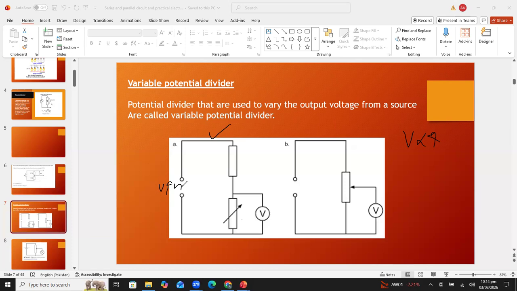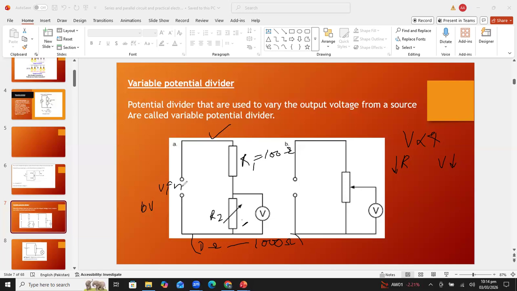All right, I'm repeating, beta. Voltage and resistance are directly proportional. If resistance is at minimum position, it means that voltage across it will be minimum. Suppose, students, this is a 10-volt battery and this resistance is fixed. Suppose its value is 100 ohm, and this is R1, and this is a variable resistor R2, and this R2 value can be changed from 0 ohm to 1000 ohm.